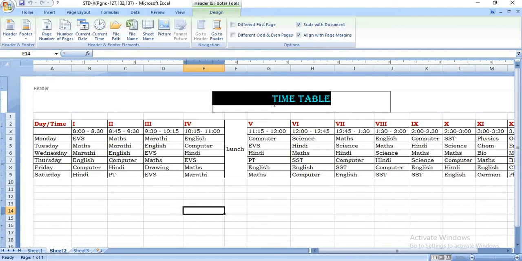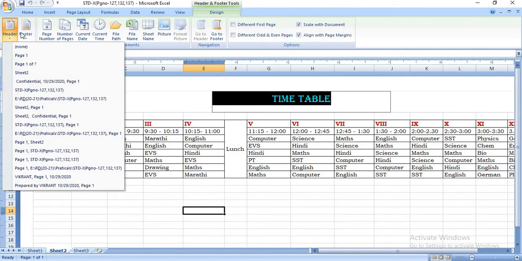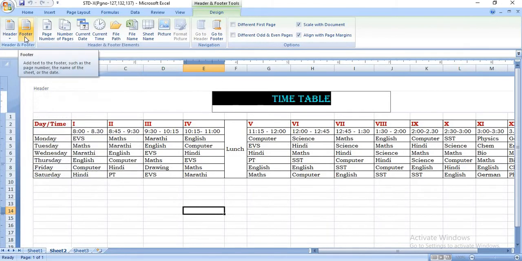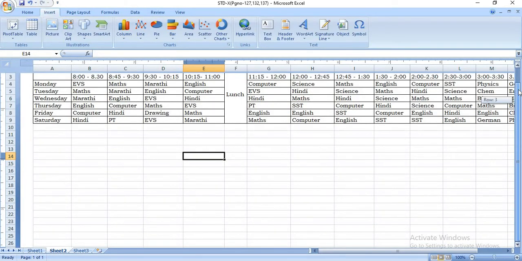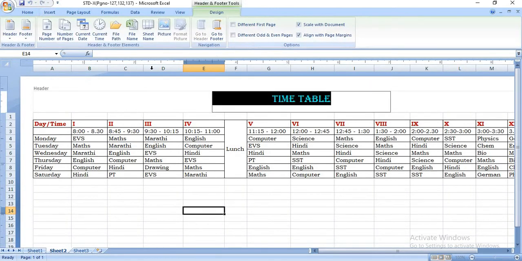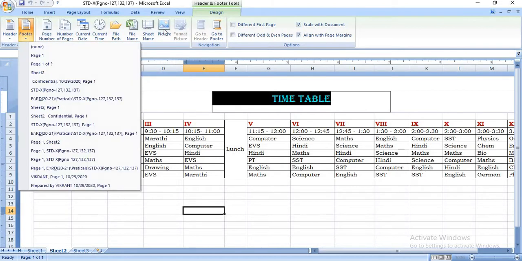You have to give the header as timetable, this is called the header, and then select the footer. In the footer section you have to add the current date and time.